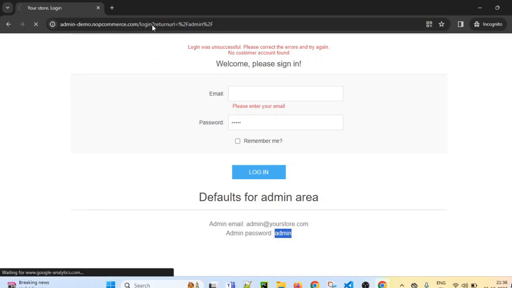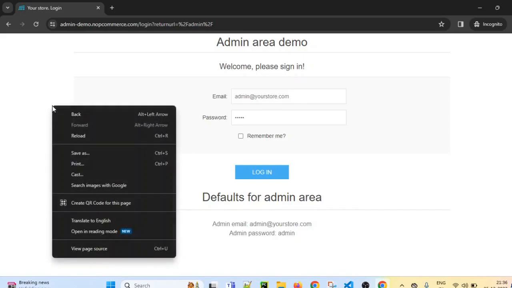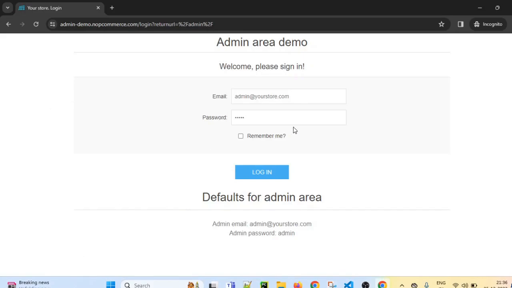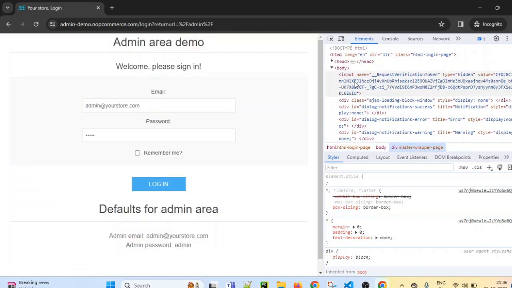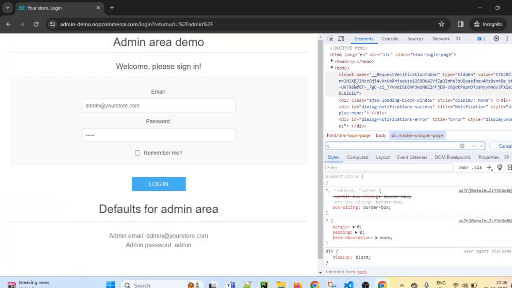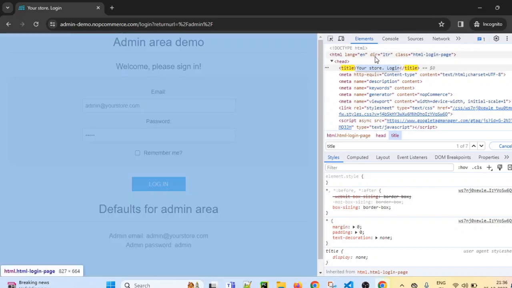Let's say once I open this web page, if you want to see the page title, we can simply inspect it and search for title. Control F, title. If you see, this is the title. This is our expected title. So I just want to check after opening this web page, we are getting the correct title or not. So I'm just copying it. We will use it for comparison or assertion.